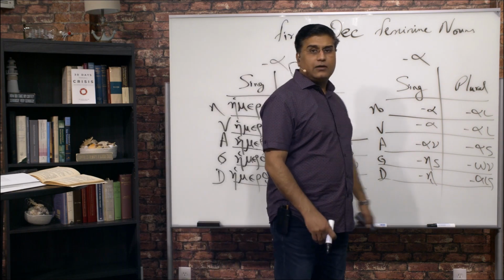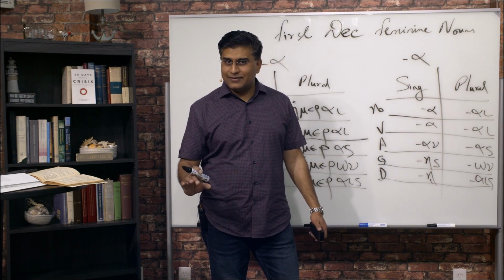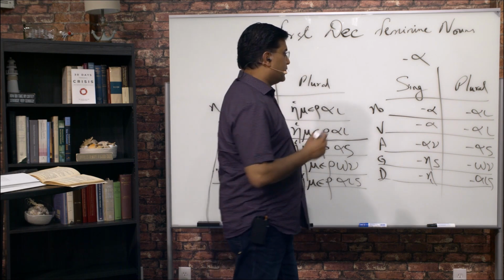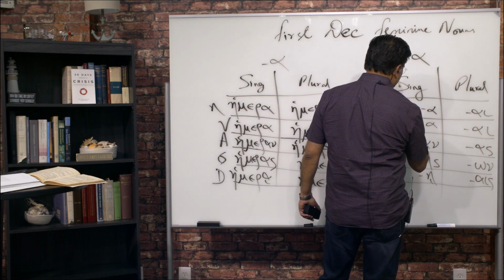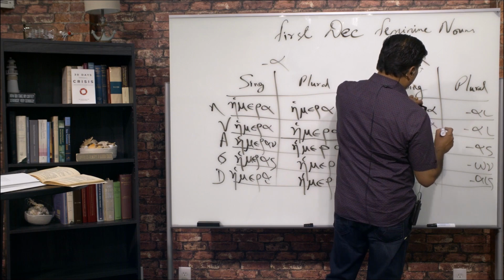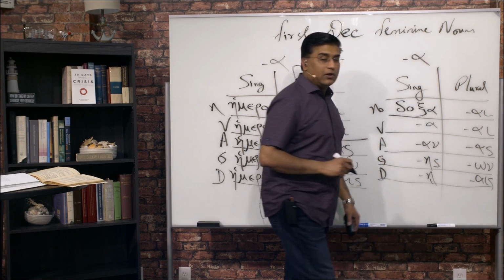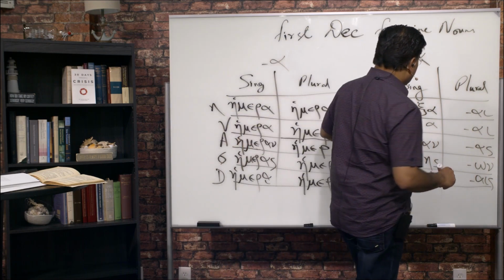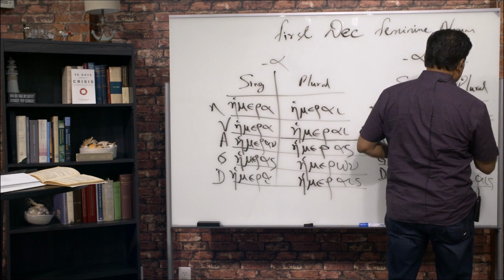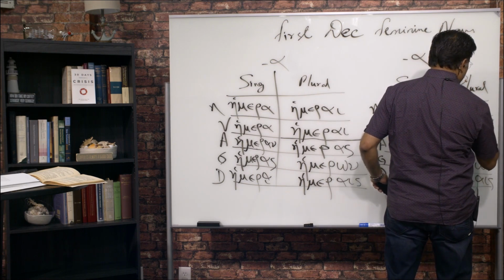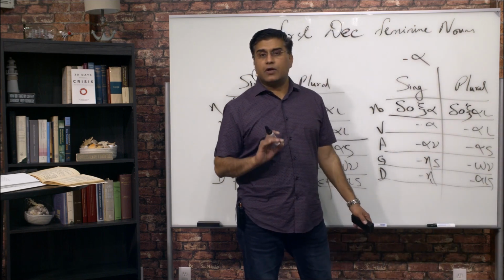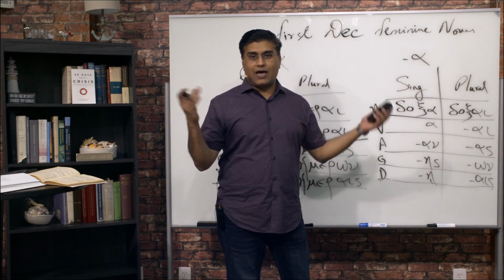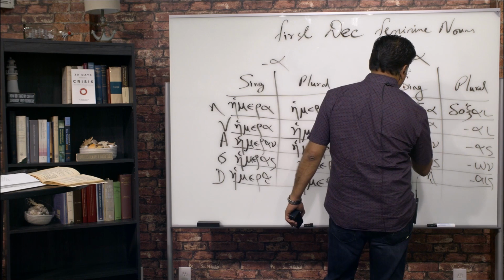Now let's go on this side. Again, it's the a ending, and it is still under the first declension feminine, but there's a slight difference, and we're going to use the word doxa. And what does the word doxa mean? Doxa means glory. That's where we get the word doxology. So glory as a subject, nominative singular, but glories is nominative plural. Vocative, if you're addressing glory, that would fall under doxa